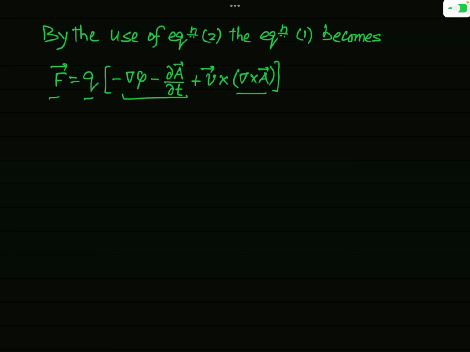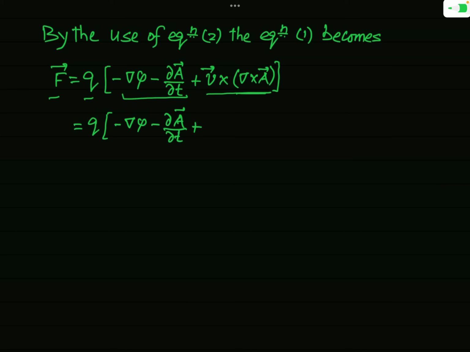Now we will simplify the right-hand side of this equation by using the formula of the triple vector product. In fact, this last term, v cross del cross A, will be simplified by using the formula which you study in vector algebra for the triple vector product. So what will be F? This will be Q times (minus del phi minus del A by del t) and plus